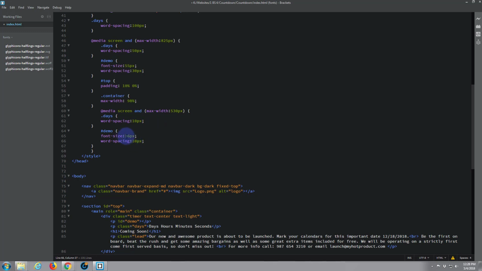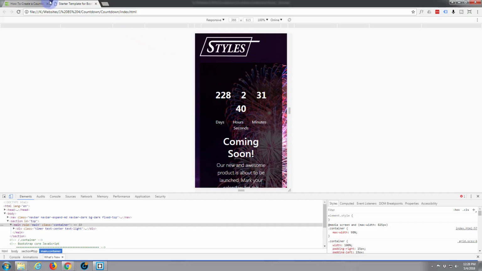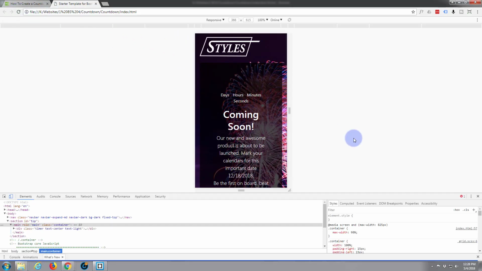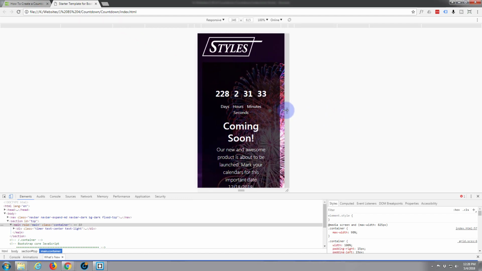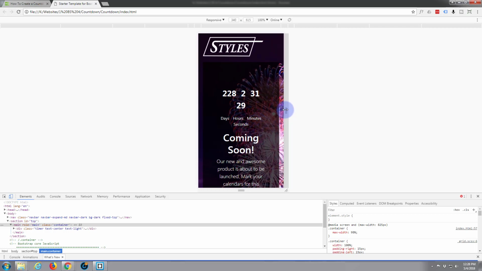And for these also, make it 10, might be too close together. Take that font size down to 32. See what happens now. Oh yeah, that's going to work. See, it doesn't break until